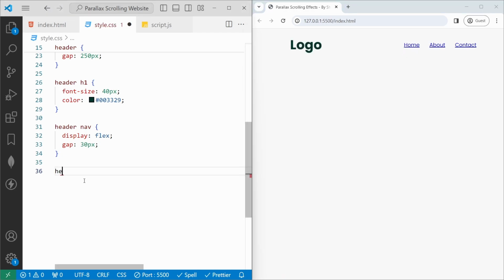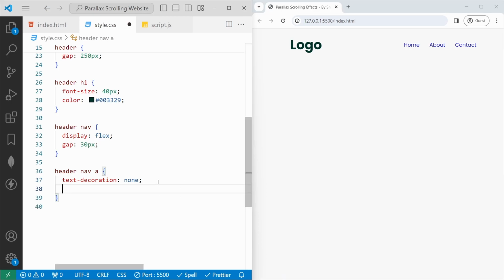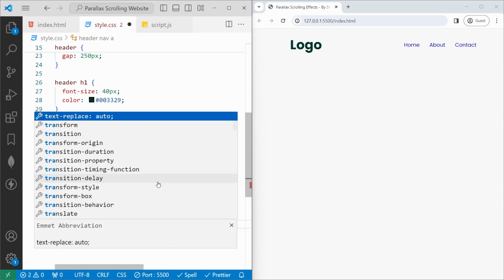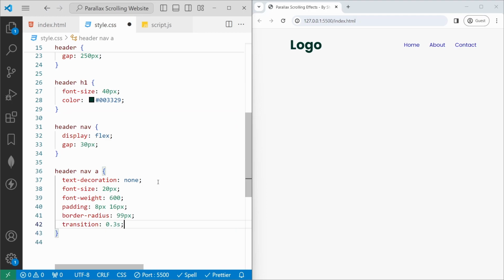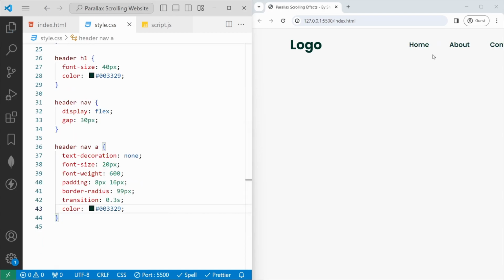So for that, here again with header and nav, we are going to add the styles to the a of href. We'll remove the text decoration to none. It will remove the underline here, and then font size should be 20px, and then font weight 600, and then padding 8px and 16px for right and left, and then we'll set the border radius to 99px. We'll set the transition to 0.3 second, and then we'll set the color to the same black color. If I save, now we can see the color of each href here with a gap